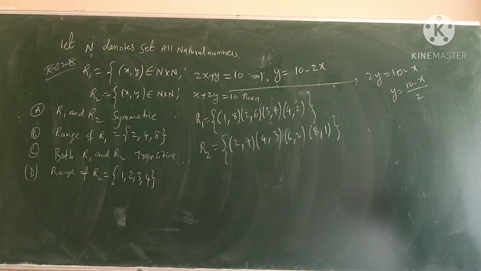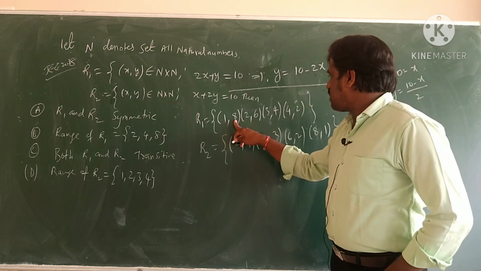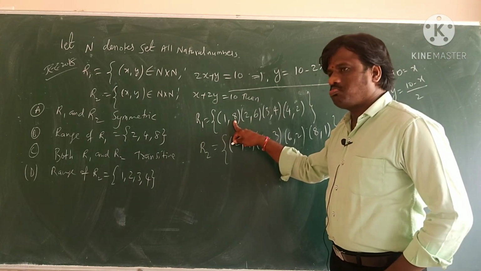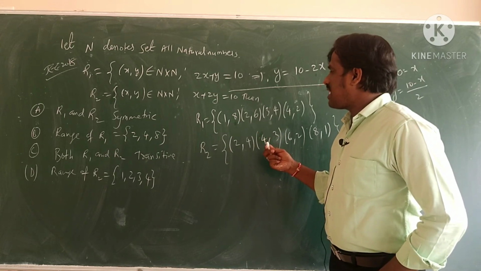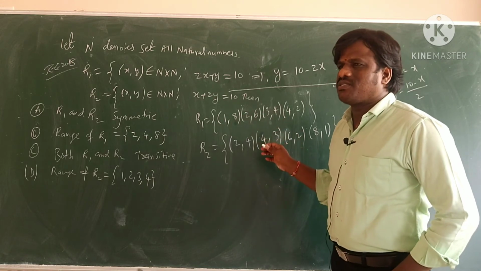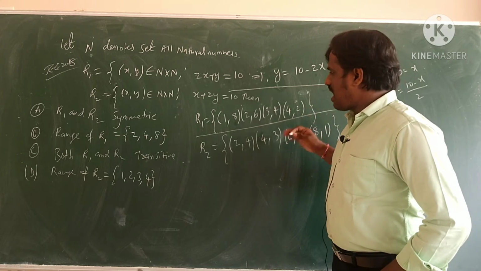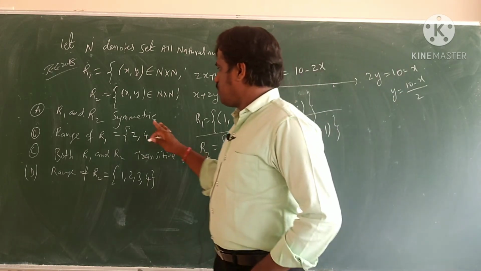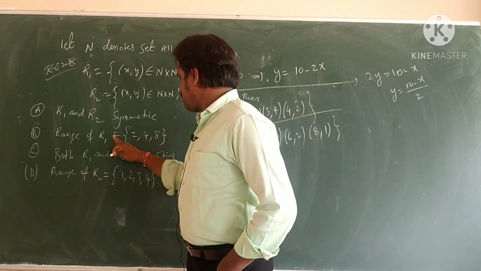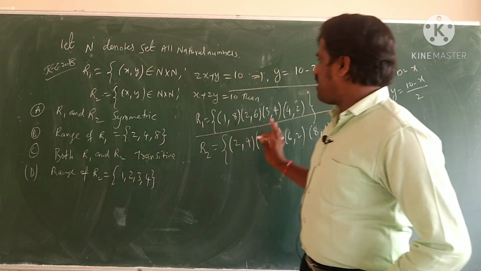Now we have got R1, R2. Now we will check whether they are symmetric or not. Now tell me, (1, 8). Do I have (8, 1)? Kidhar? See, R1 separate, R2 separate. Both are not same. Right? R1 we discussed. Now tell me, see options में क्या क्या है देखो. Symmetric, range, transitive. Right? Now tell me, symmetric is there or not?